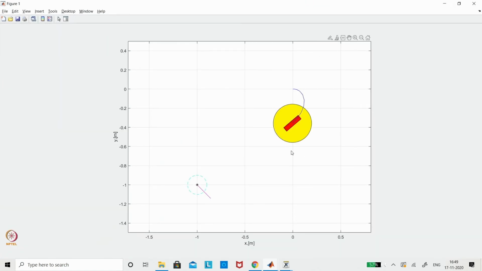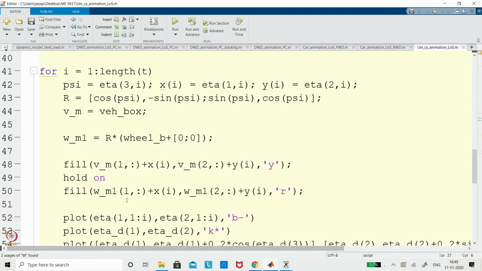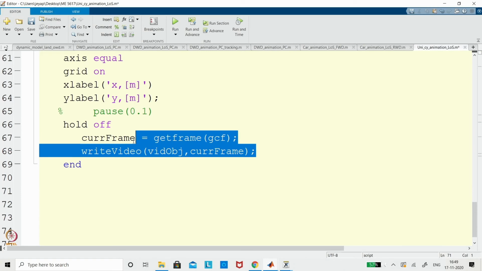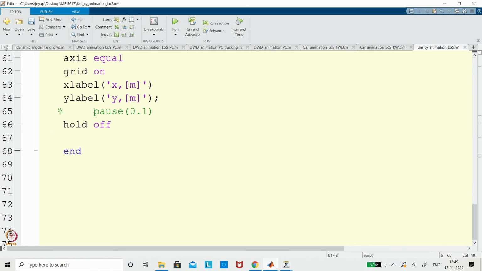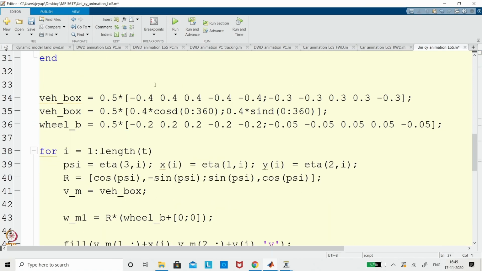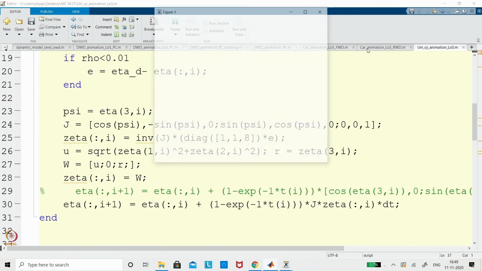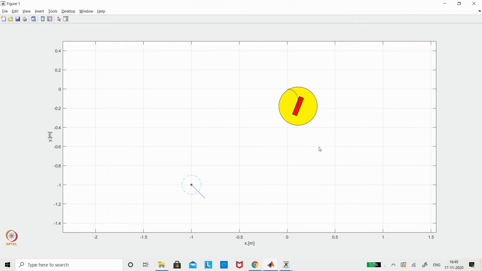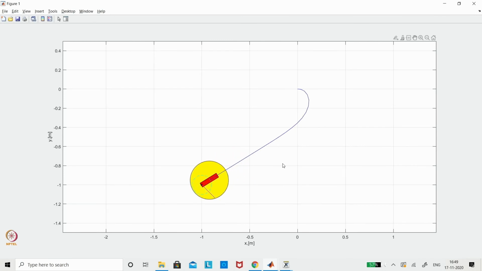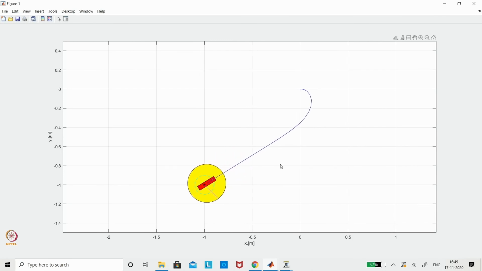Now you can see this particular wheel configuration is trying to follow this. I have changed that configuration. Here also we record it, because in this particular case we are using it for some other benefit, because we can record this video. Now you can see the same scenario, the only thing is there is no restriction on sliding. So it is still non-holonomic, but the lateral resistance is not there.